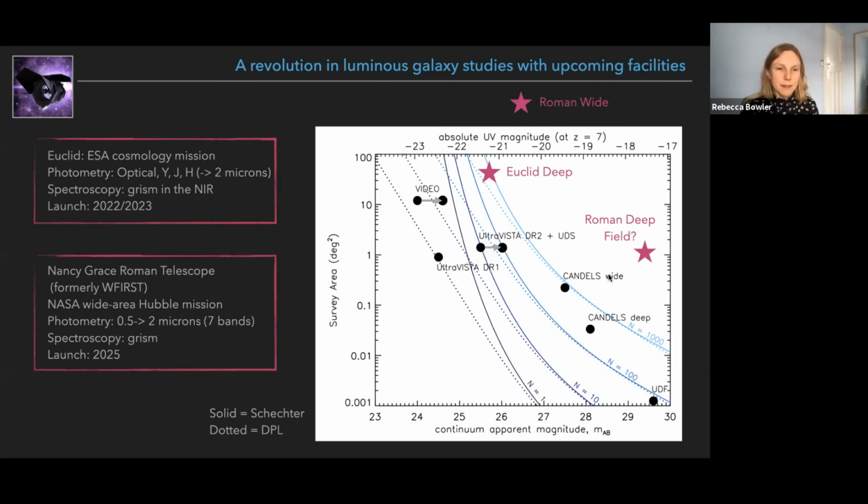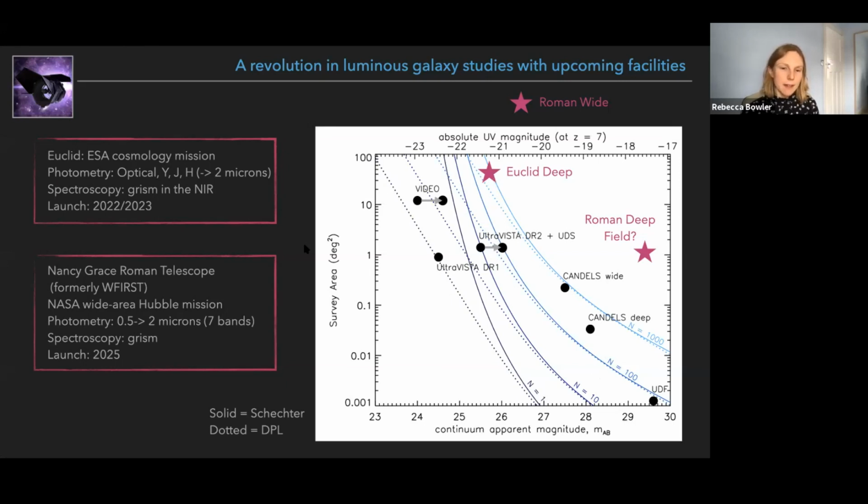The first is Euclid, an ESA cosmology mission. In fact, its primary goal is cosmology, but it also has optical and near-infrared filters on it. They extend to around 2 microns. And when it's launched in 2022, 2023, it's going to do a very deep survey of around 40 square degrees, to similar depths that we have currently. So this is going to increase the samples, if you can read these lines, by factors of 10 to 100